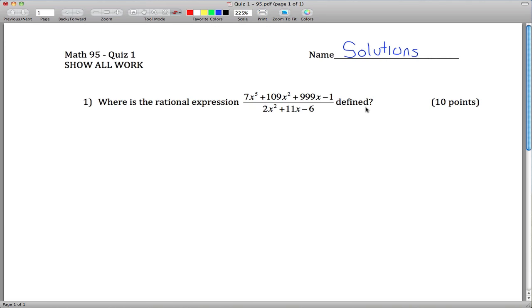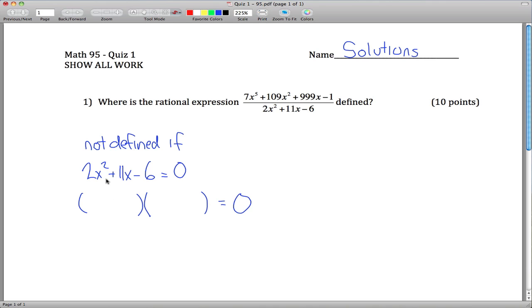So maybe the best way to figure out where it's defined, let's figure out where it's not defined. It's not defined if the denominator here, 2x squared plus 11x minus 6 equals 0. Figuring out what x's make this true is pretty hard to do the way this is written right here. But if we get a little bit clever and factor this guy out, then we'll be able to more easily answer the question. So the way we factor these guys out,